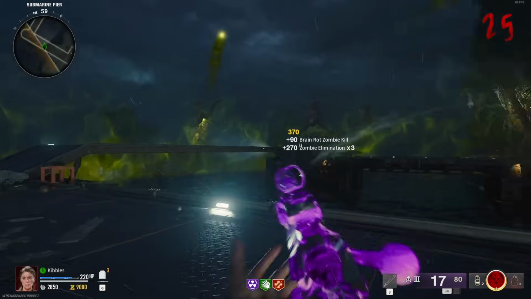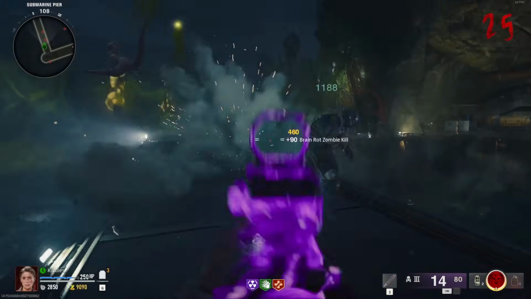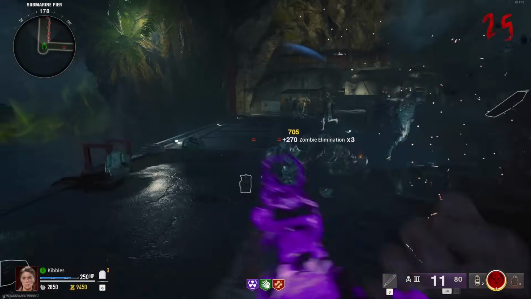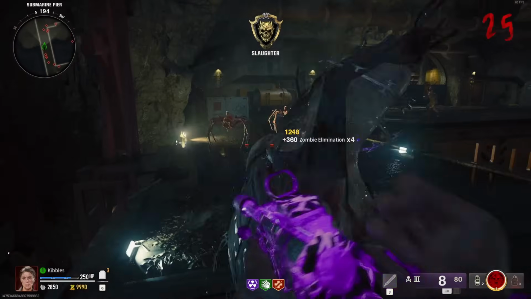You're just going to run around the outside, killing all the enemies and anything that gets in your way, and just trying to get any armor plates or ammo. Just keep stocked up and just wait it out. After, when the next phase happens, what happens is he will